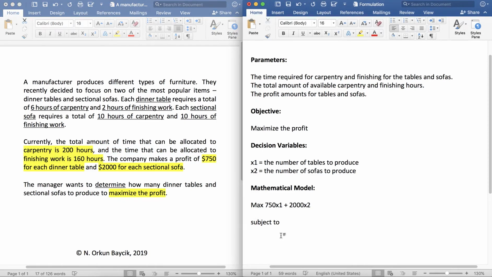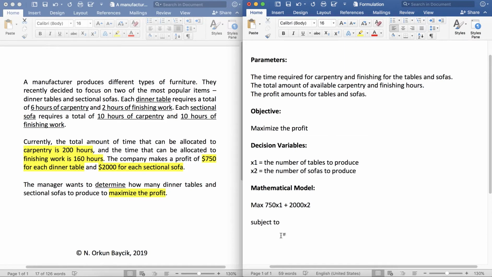Okay, so each item that I have requires certain number of hours of carpentry and finishing work, but I only have so many carpentry hours and so many finishing hours available that restrict the number of tables that I can